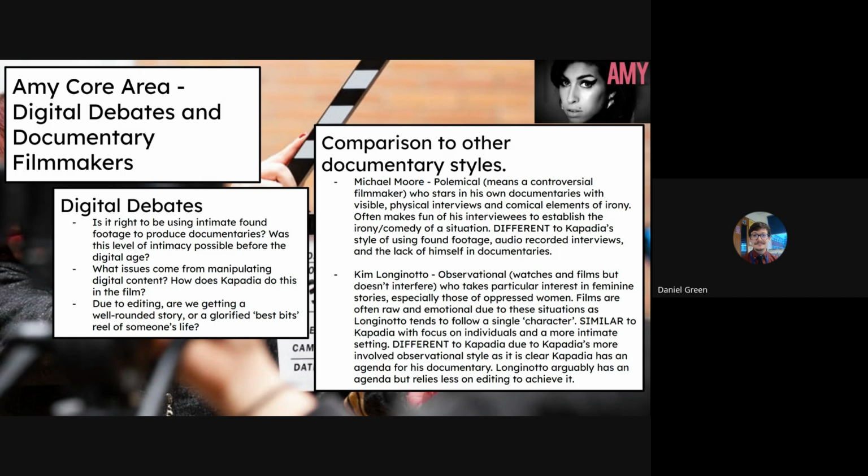So Michael Moore is described as a polemical director, which means he's a controversial filmmaker. He tends to ask controversial questions, and he does it in quite an abrupt way, or he's very confrontational in the way that he approaches things. In a way, he lets people hang themselves by their own noose, a little bit like Louis Theroux, for one. Whereas Louis Theroux is not necessarily as confrontational as Michael Moore, but Michael Moore creates films to be polemical.